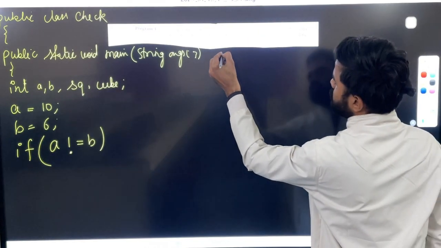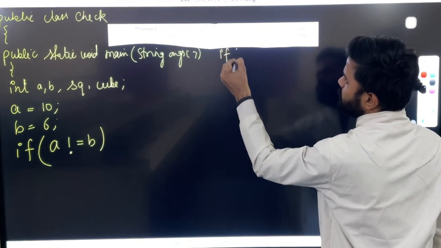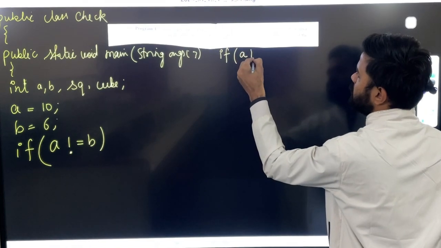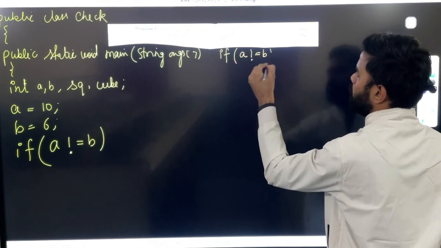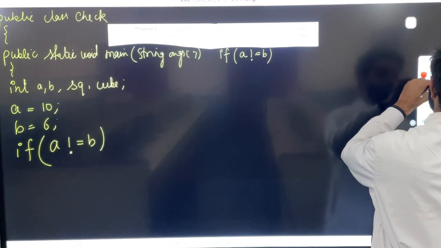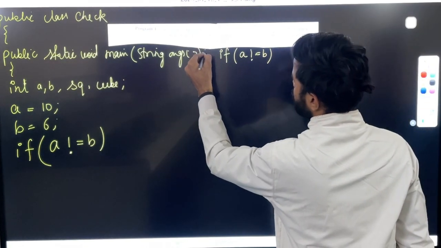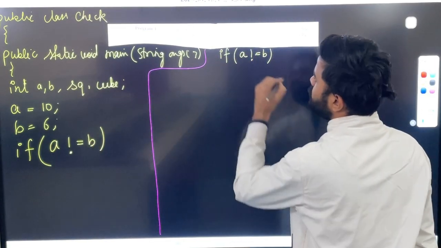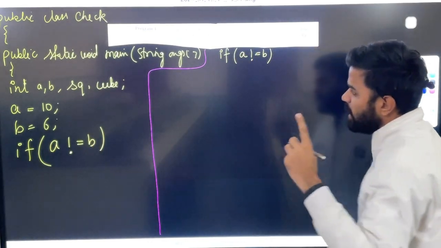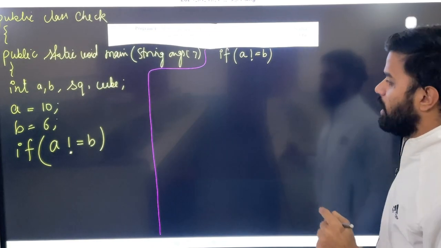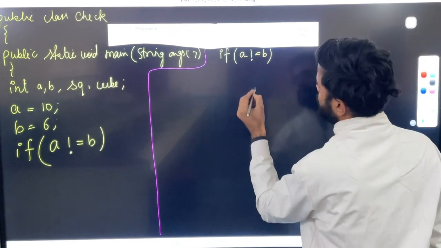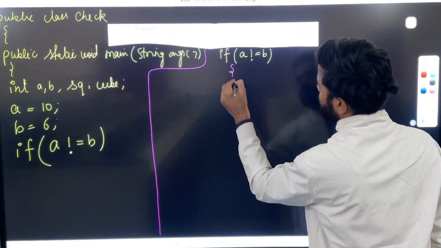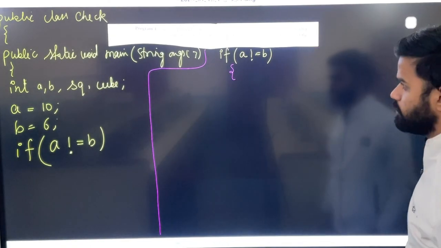Now see, you will start from if a is not equal to b. Okay? I am moving the things after this here, class. If a is not equal to b, if the condition is true, then we will come inside the if condition. Now